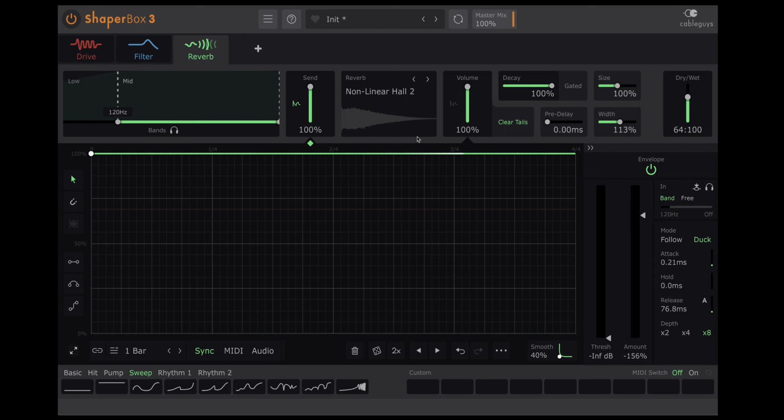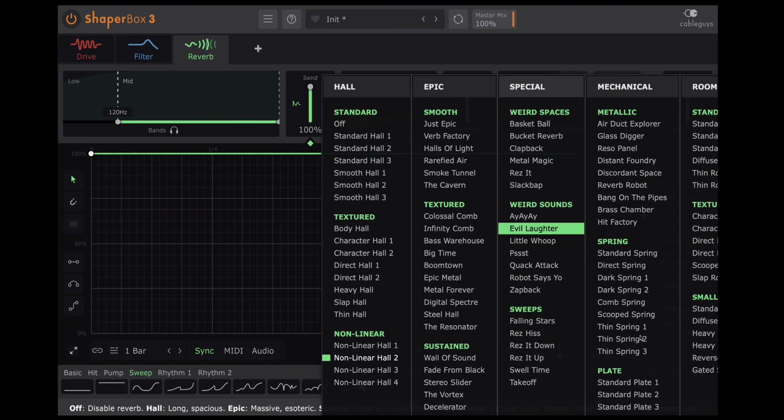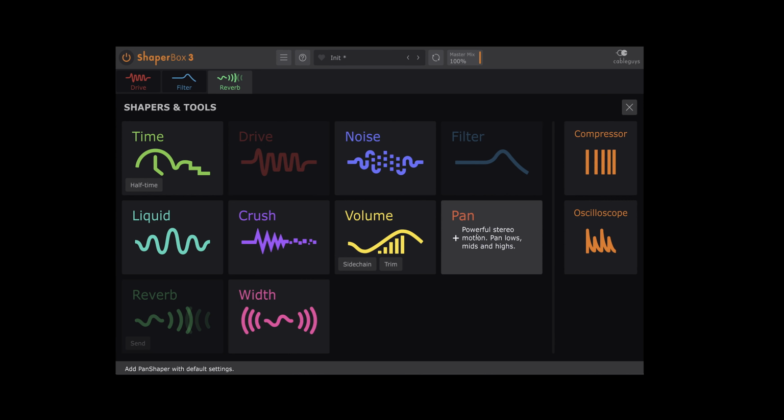The full capabilities of Shaperbox stretch beyond this video, and this just scratches the surface, but you can see how it can perform a similar role to Space Rider. This Reverb Shaper is also their most recent addition to this plugin, and it has a ton of different reverb algorithms inside of it. You can get the full Shaperbox bundle for $99, which for the amount of features and